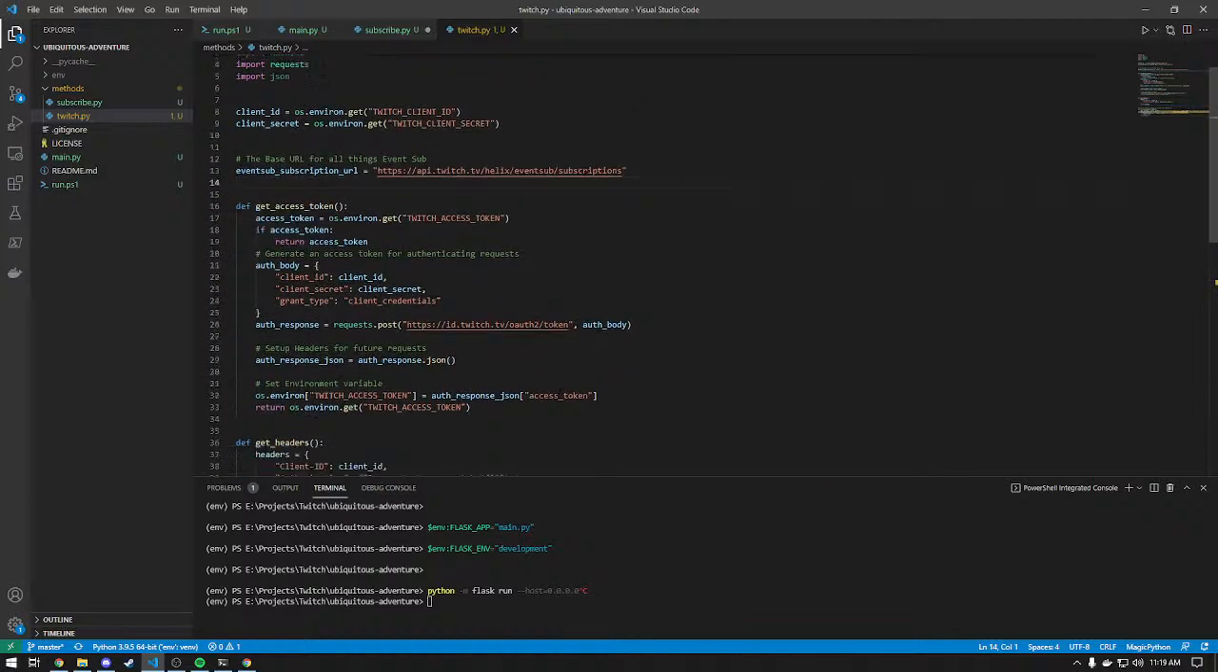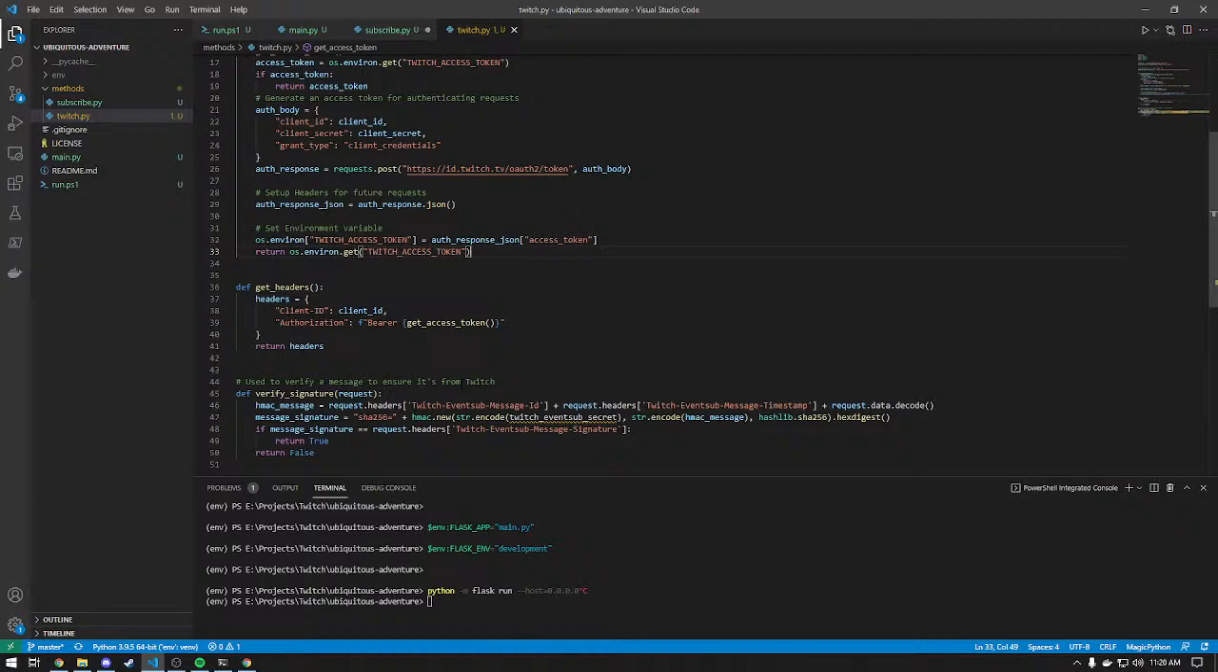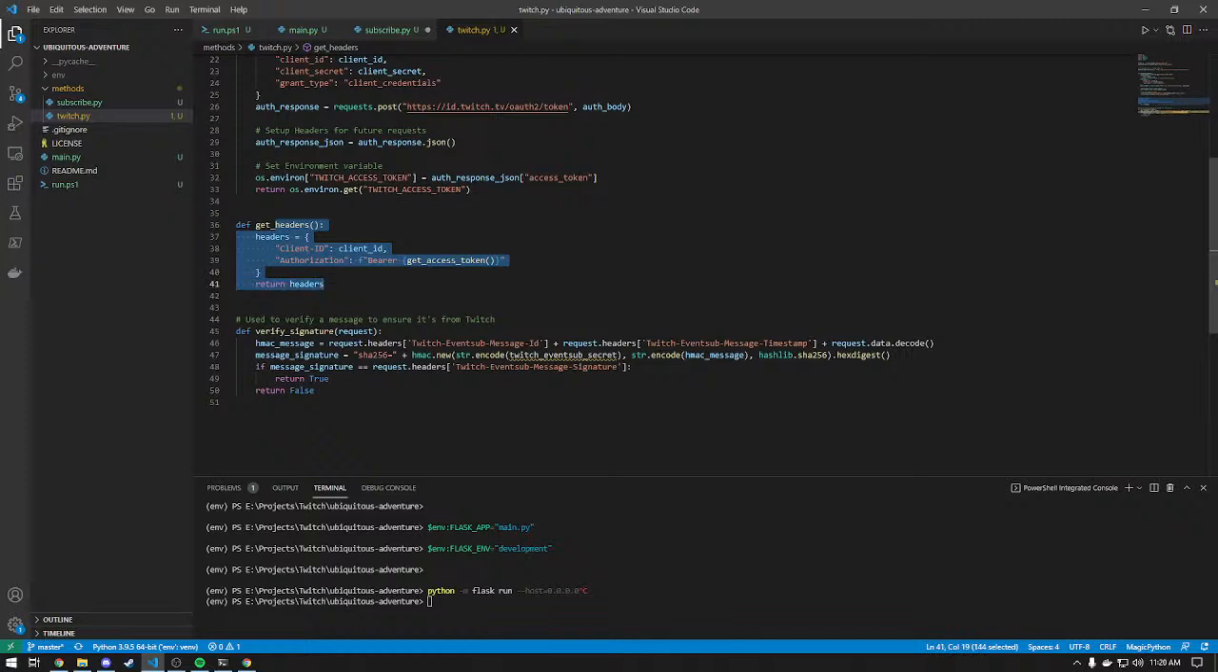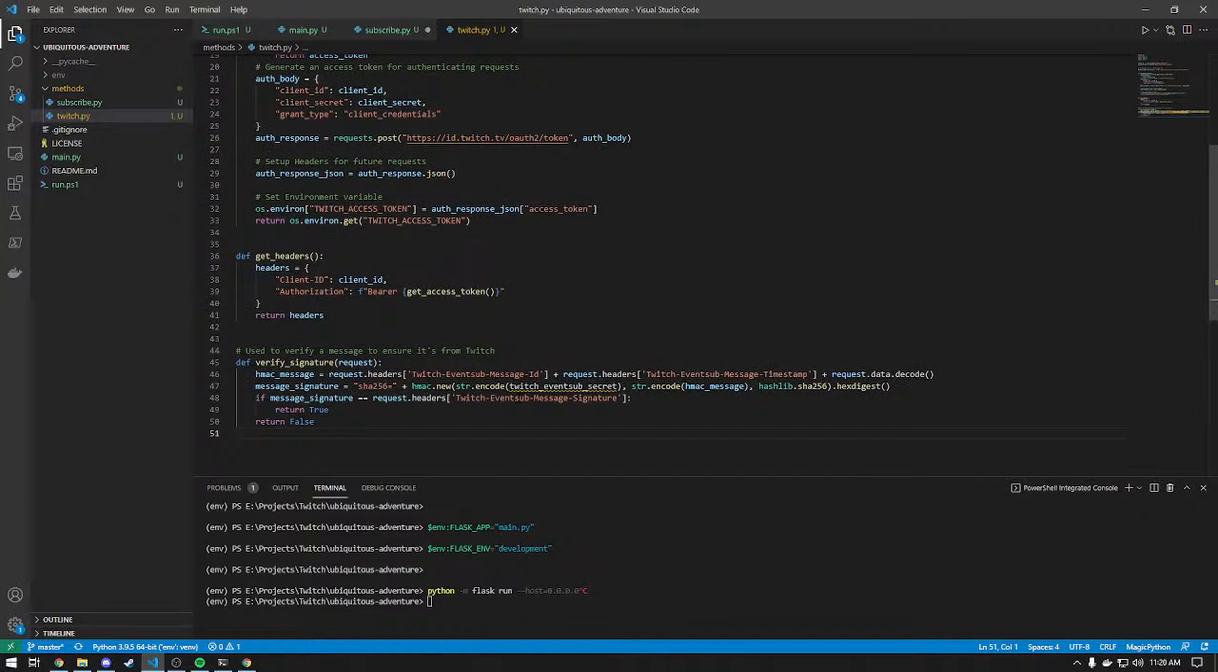Okay, so we've got this URL here where we're posting, we're getting credentials, we're getting the response. We are able to assemble the headers, and we have this here for verifying the EventSub signatures. Now, this is erroring out on us because what we want to do is we actually want to copy